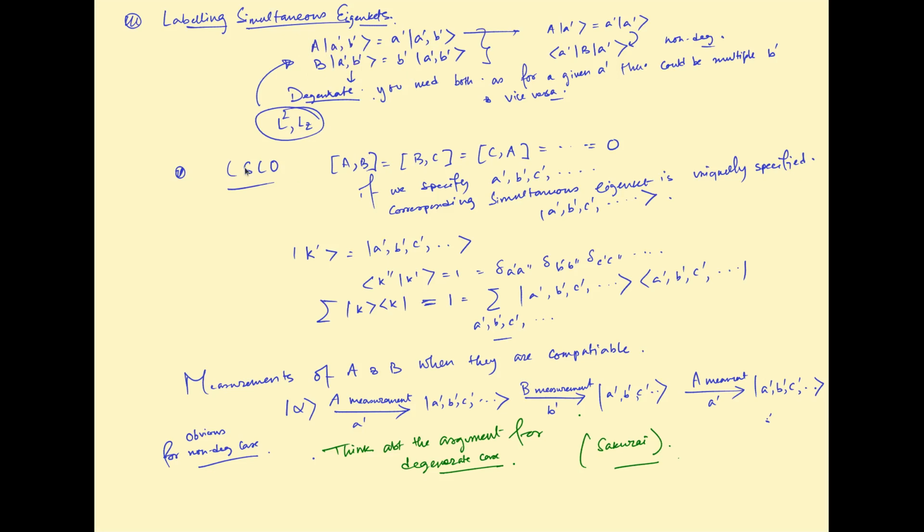Now, you go back to the concept of a complete set of commuting compatible observables, A, B, B, C, C, A, the concept we discussed in the last class. If there are a number of operators in a particular Hilbert space which are mutually commuting, and you have found all such operators, which means there is no other operator left in that Hilbert space which commutes with any of the operators, then this complete set will have simultaneous eigenkets which are uniquely specified by all their eigenvalues. Remember, you need all the eigenvalues to uniquely specify it.